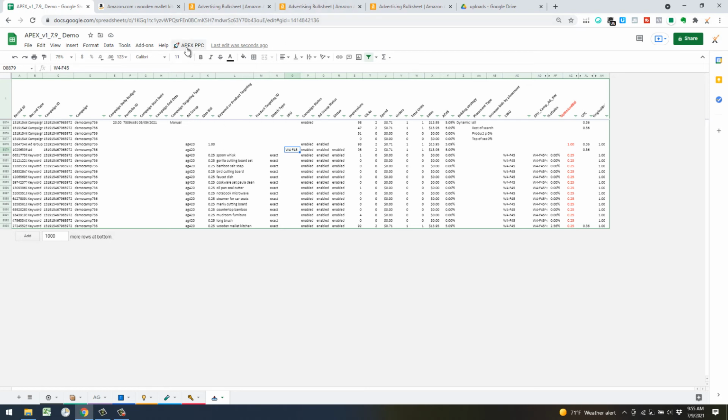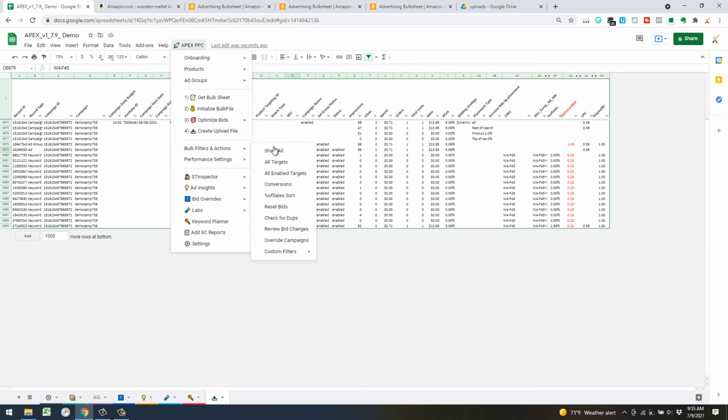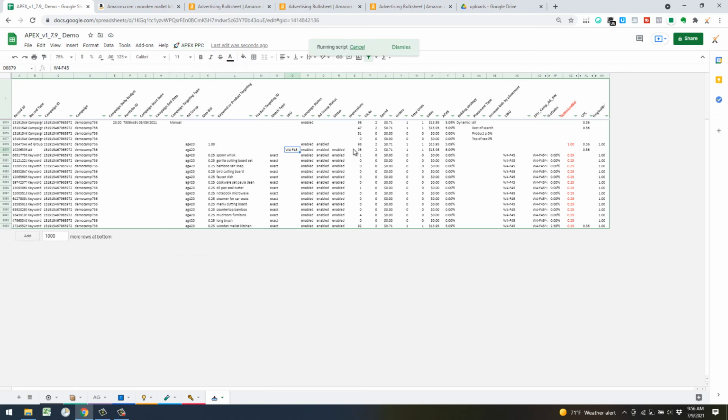All right, so other filters we've got are just custom. This is on a user by user basis. Maybe they want a custom filter that they can have one click to see all their automatic campaigns that are converting. You can do things like that. All right, so I think I went over all of those pretty well. The other thing you can do, if I go back to show all,